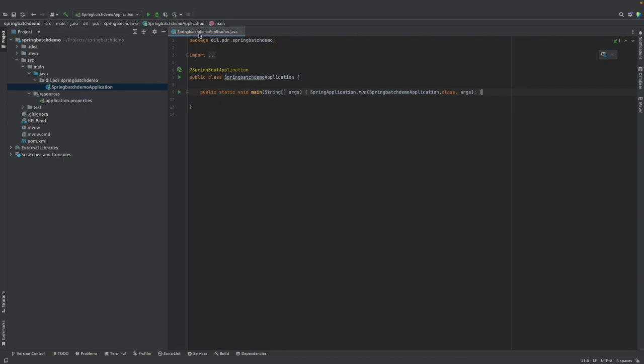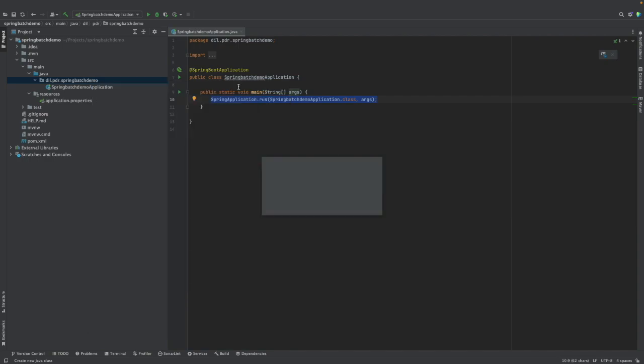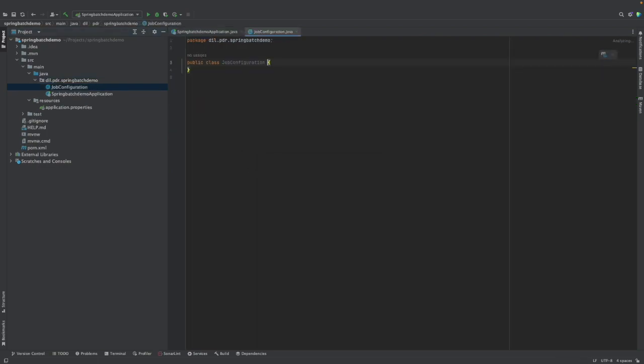This is our main class and this is our main method, which is executed initially when starting the application. Okay, then we are going to create a new Java class. The name would be JobConfiguration, and